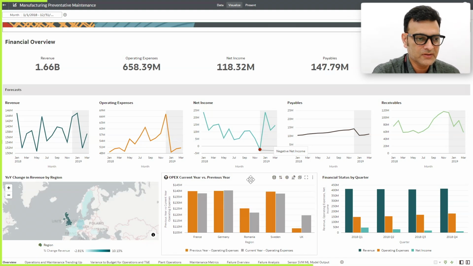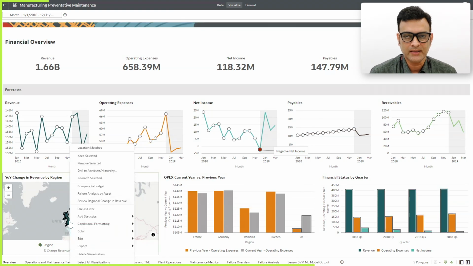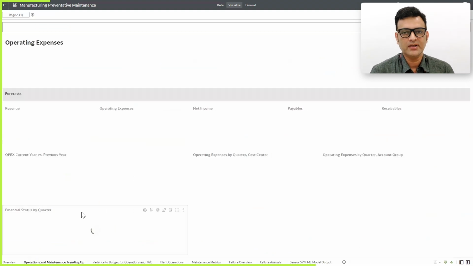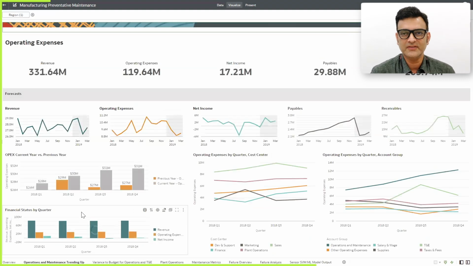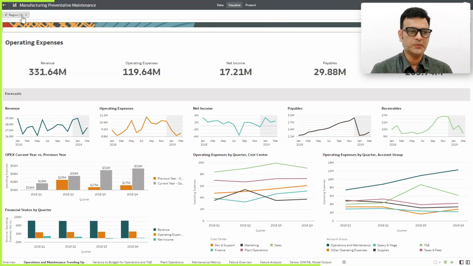So for this, I have created a data action where you can select a particular country and then navigate to that. In Oracle Analytics Cloud, we call this feature data actions. Now here what you see is a KPI dashboard for the UK plant region. As you can see here, a filter is applied for the UK plant region. Now these are the KPIs for this particular plant.